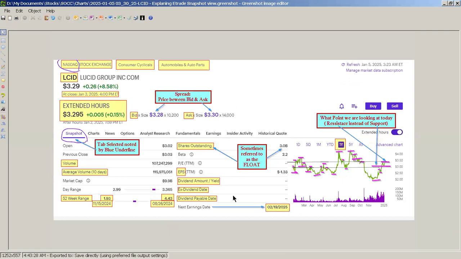Oh, net earnings. This, I was talking about the market cap. I think that's everything. So I wanted to come back to this, but anyway,